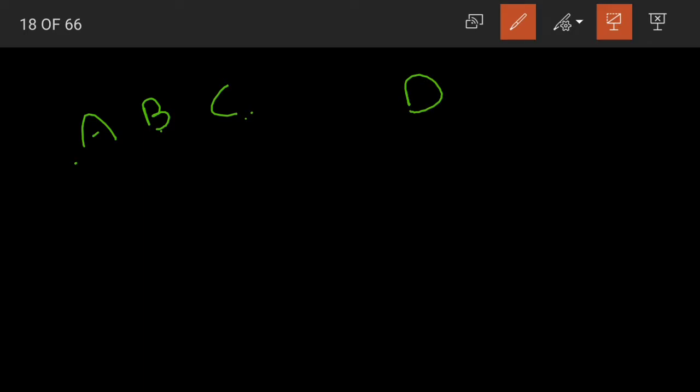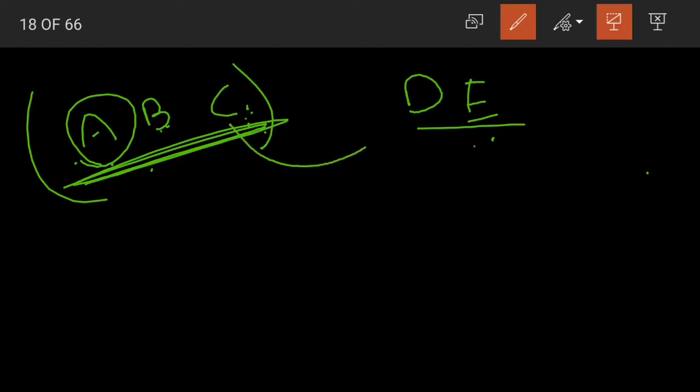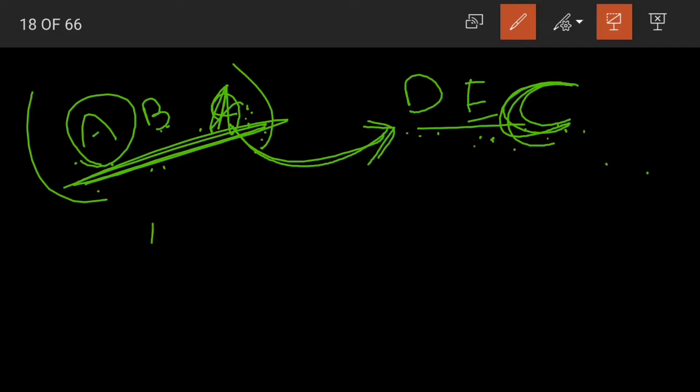These three are friends, and A, B, C are one group, and D, E are another group. Okay, A is you, B and C are your friends. Now this is your group, right? You three people are sitting together. Now what will the teacher do? What will your ma'am do? She'll take out one of the members from your group and make them sit with another group. Now C is not sitting with you. C is sitting with D and E. Yes, your friend has left the group, changed the group. He went and sat with D and E here. Yes, in the same way here the grouping of numbers is changed.